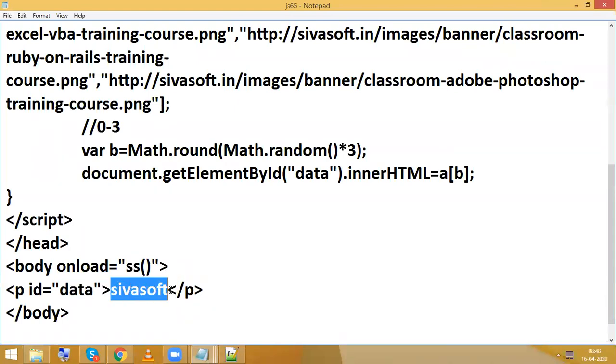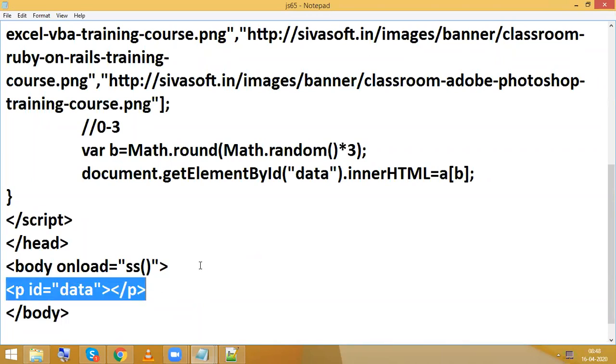Okay, so for that, what I'm going to do here is, image source equal to, so what we need to display here. Okay, so in the place of src, it should update. In the place of src, it should update.